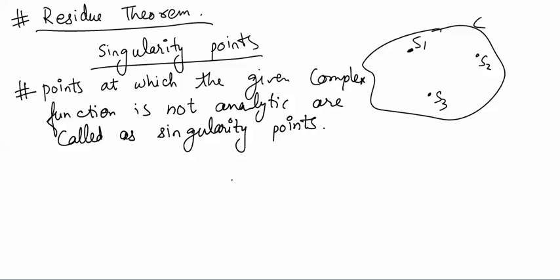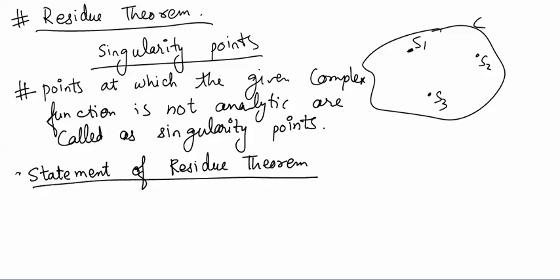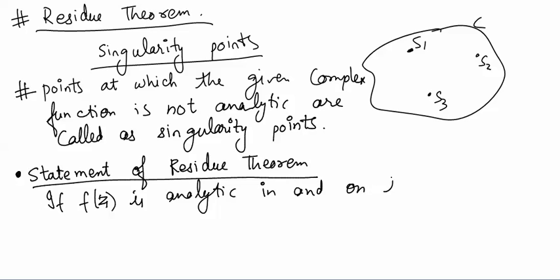Now we can actually find the residue there. We will not be able to find the exact value, but we can find the residue. So what is the statement of residue theorem? Let us understand this. It is saying if f z is analytic in and on the closed curve C,